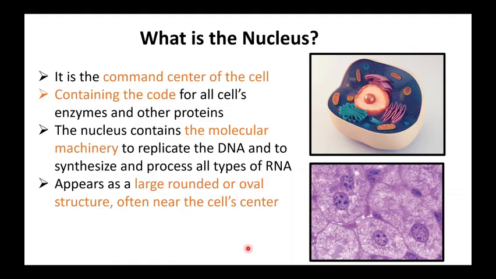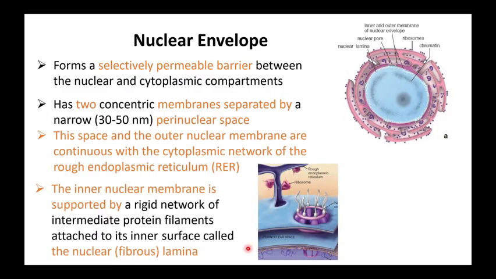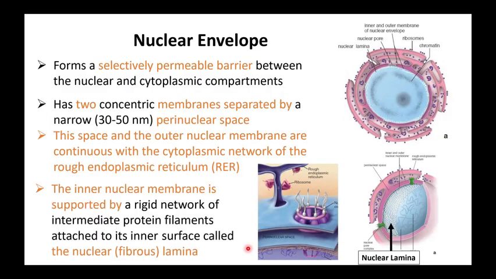Okay. Now, nucleus is surrounded by a membrane. We call it the nuclear envelope. We don't call it the nuclear membrane. We call it a nuclear envelope. Means envelope will have 2 layers. So there are 2 membranes. So it's a selective membrane barrier, which is between the nucleus and cytoplasmic compartment, and it has 2 membranes separated